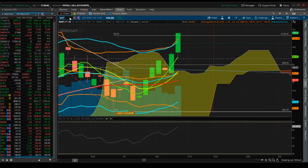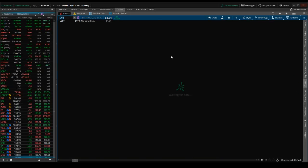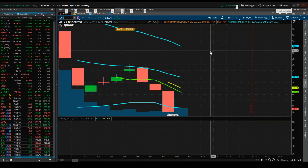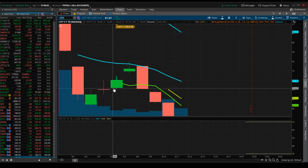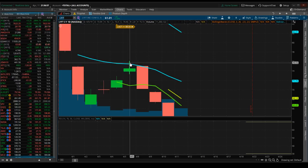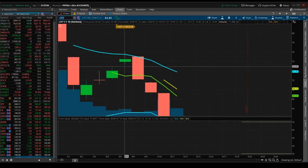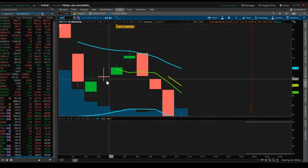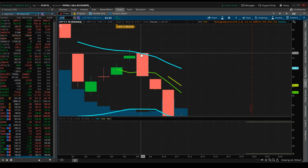But let's take a look at Lyft, which was also in the newsletter with a couple of different levels that we looked at. The key level here was this shooting star right here. We gapped up, and it couldn't fill the gap. So that kind of gave us an idea: the next day, if it breaks that level to the low, I call that a tail fail, then you have a very real potential for filling the gap. And if not, you've got more downside action, very likely at least a gap fill down here, and potentially testing these other levels. So that one day, we basically gapped up based on the close,